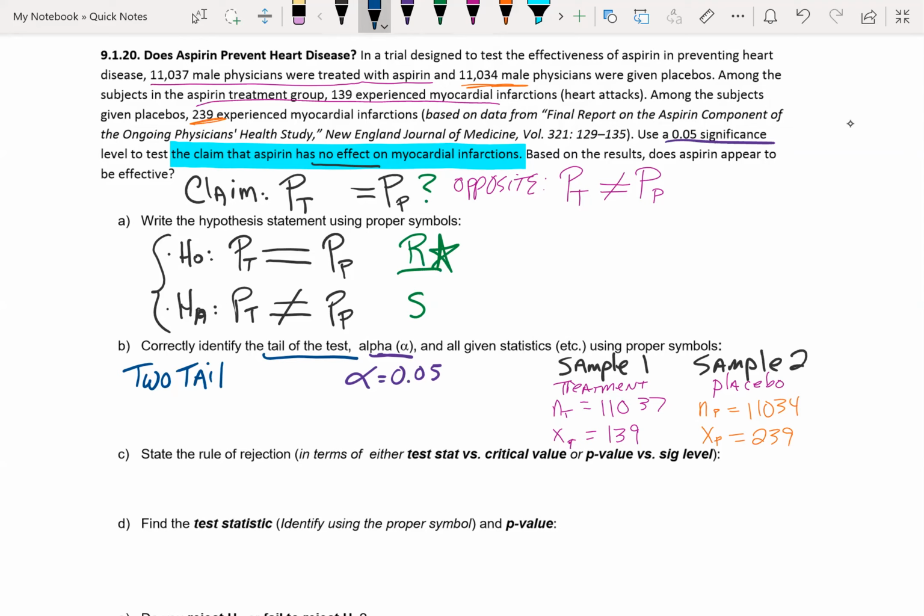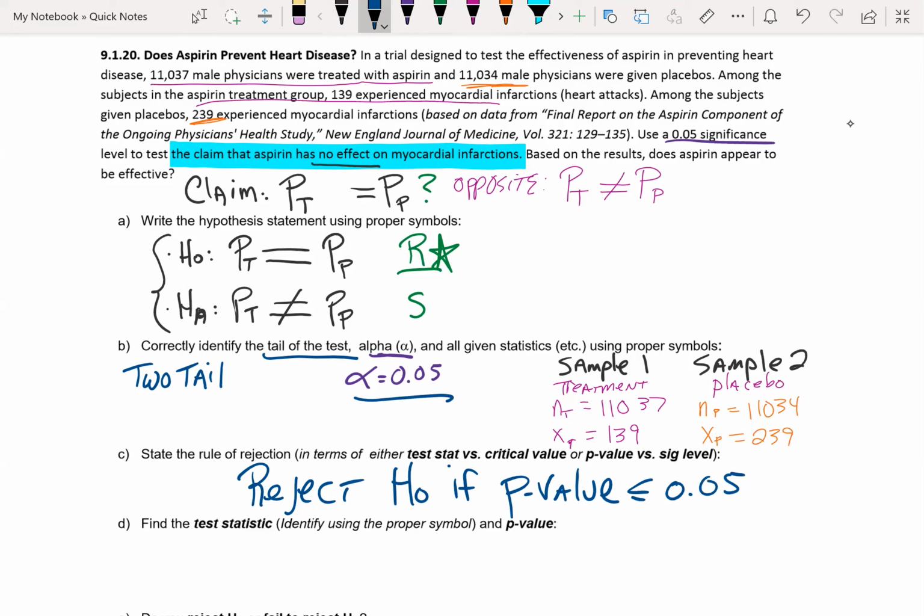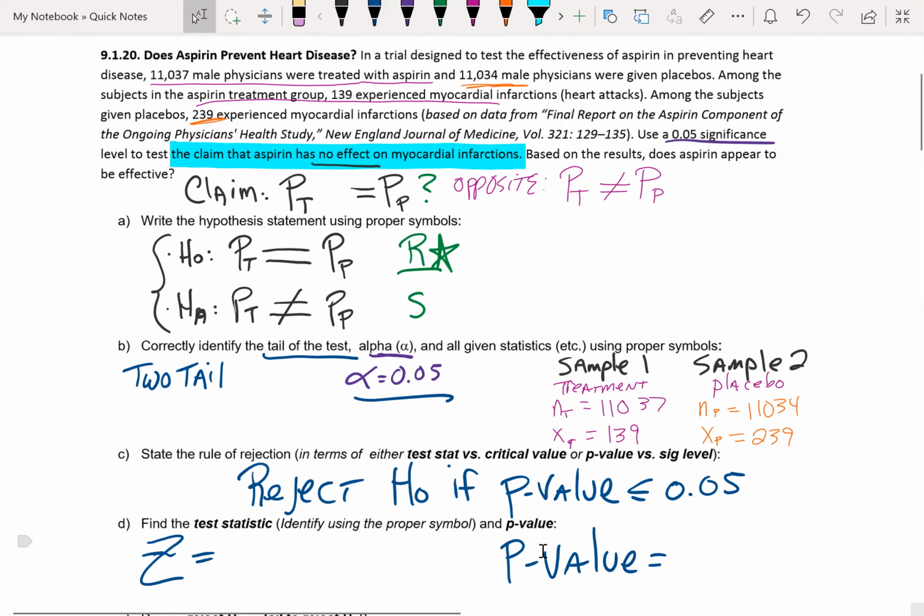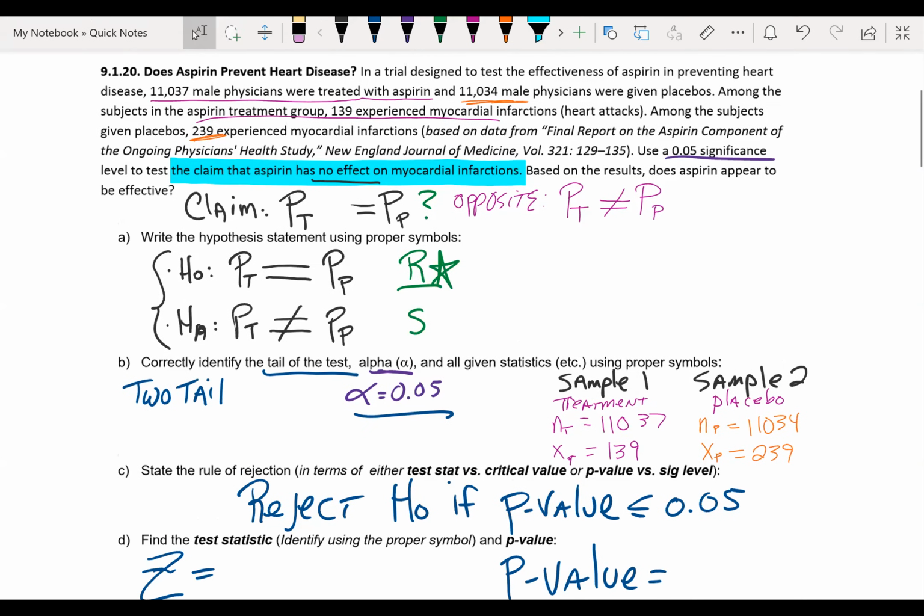But before that, we're going to write our rule of rejection. We reject the null hypothesis if our p-value is less than or equal to 0.05. And at this point, we're ready to find our test statistic. Since with two proportions, we use the normal distribution, it's going to be a z. And we're going to also want to find its corresponding p-value. So at this point, we're ready to go ahead and head on over to StatDisk,